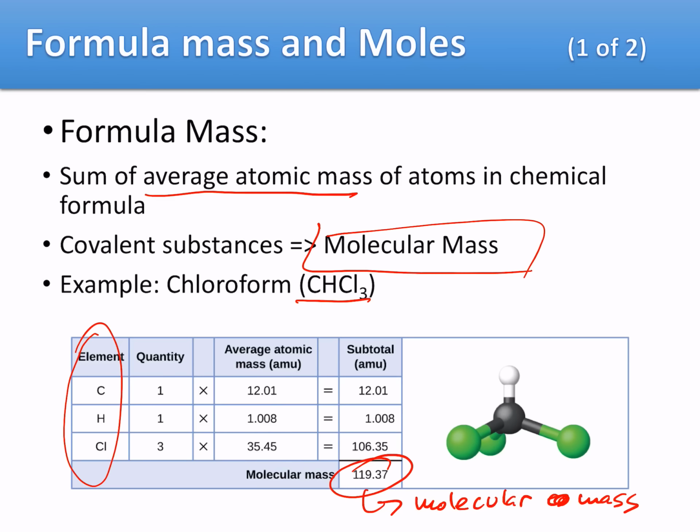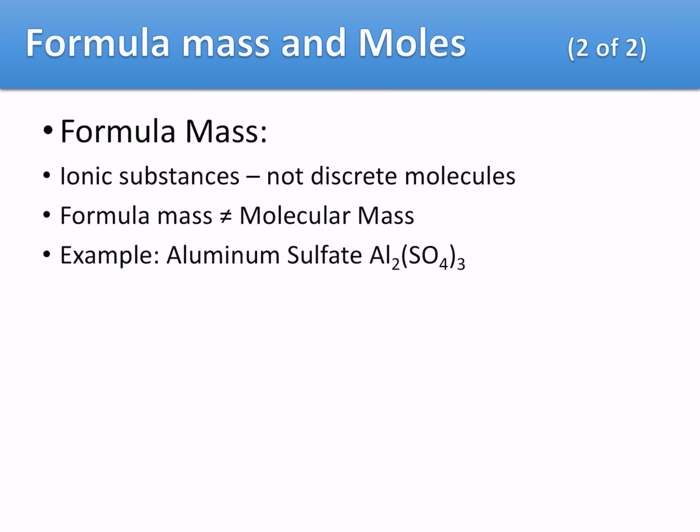Okay, and we can do exactly the same thing for an ionic compound. The only thing is that the formula mass for an ionic compound is not the molecular mass. It's just a technicality. You don't have to worry too much about it. You need to know the difference, but whatever formula mass you calculate for an ionic compound, we don't refer to that as a molecular mass. In this particular case, we have aluminum sulfate,